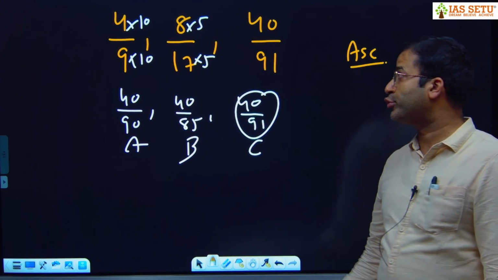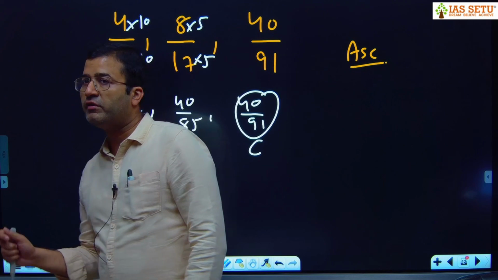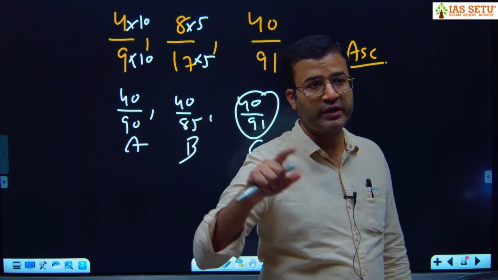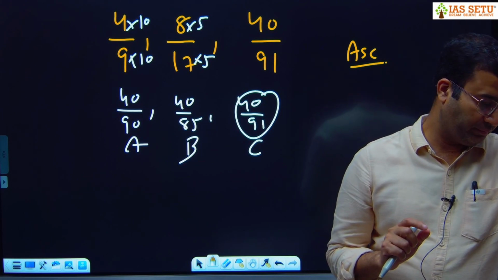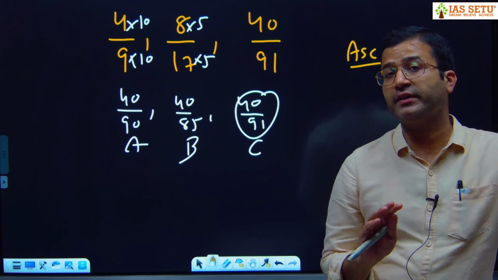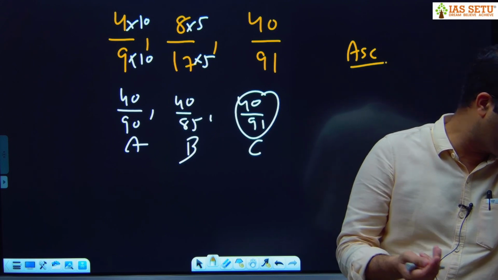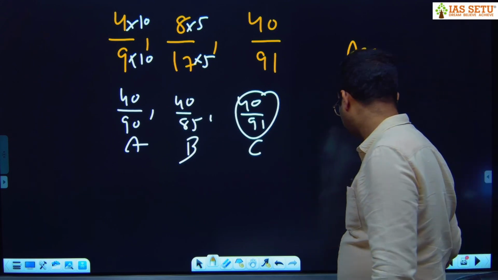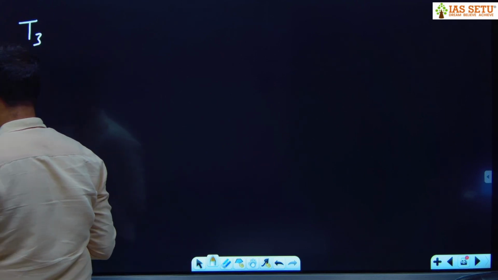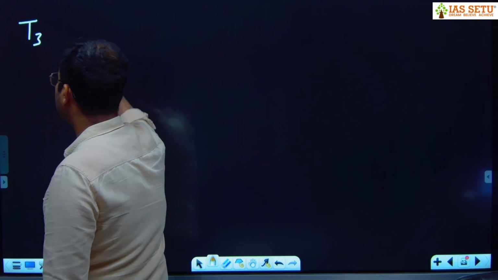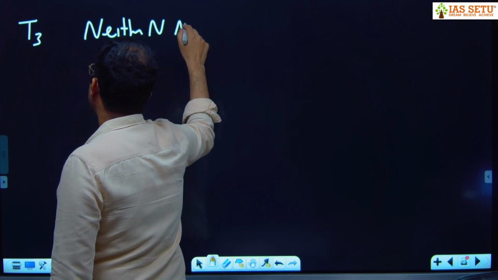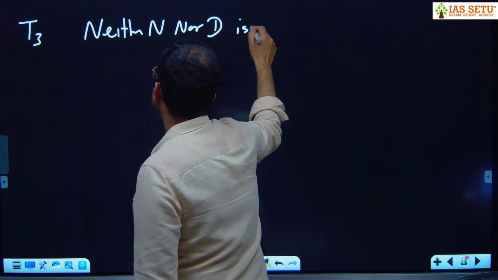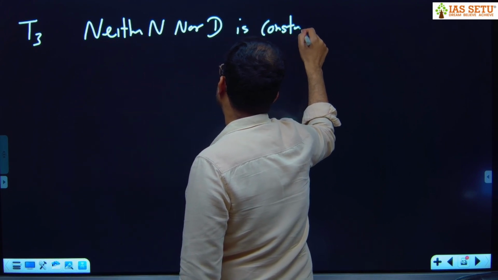Now is this type 2 clear? If our numerator is constant, as denominator increases, value decreases. Type 1 and type 2 are very easy. Now we increase the difficulty level. Type 3. What is our type 3? Neither numerator nor denominator is constant. But